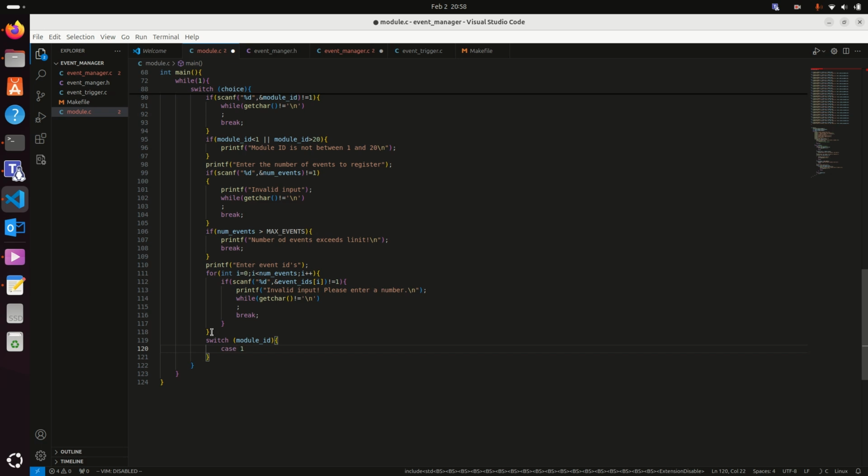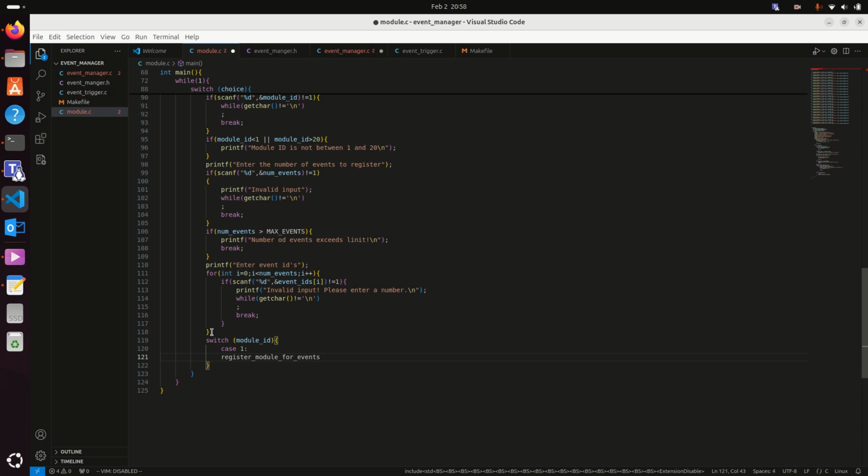Case 1. If module ID is 1, then I have to call register module for